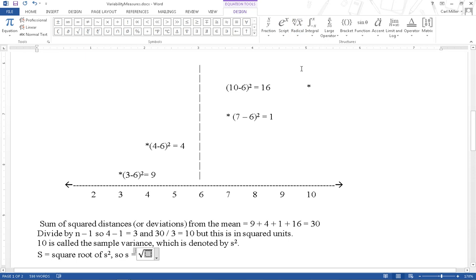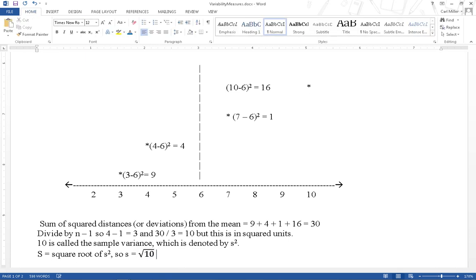I want to take the square root of 10, okay, and then what does that turn out to be? Well, it's a little bit bigger than 3. So this is where you would pull out your calculator, okay, and you would take the square root of 10 and then write the answer down. And that turns out to be, we'll just round it off to a couple of digits, about 3.16,